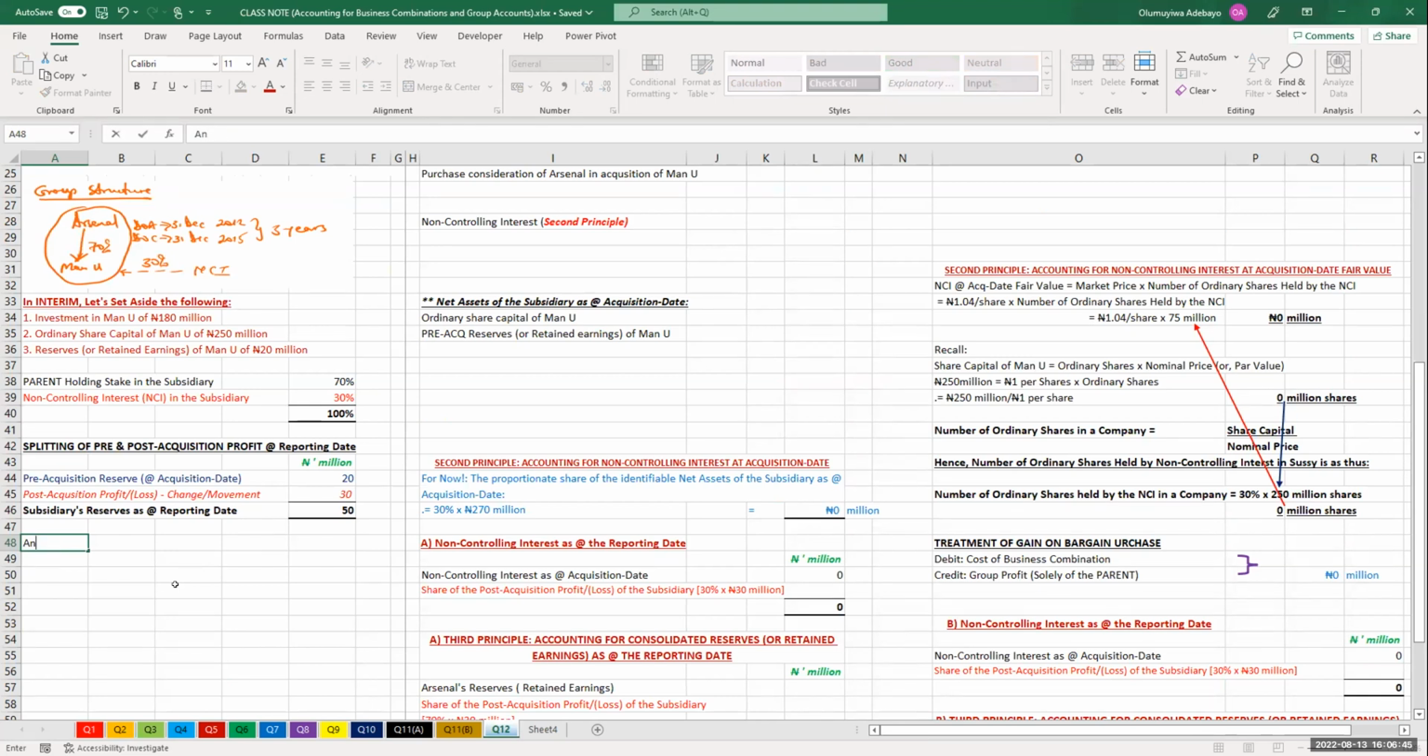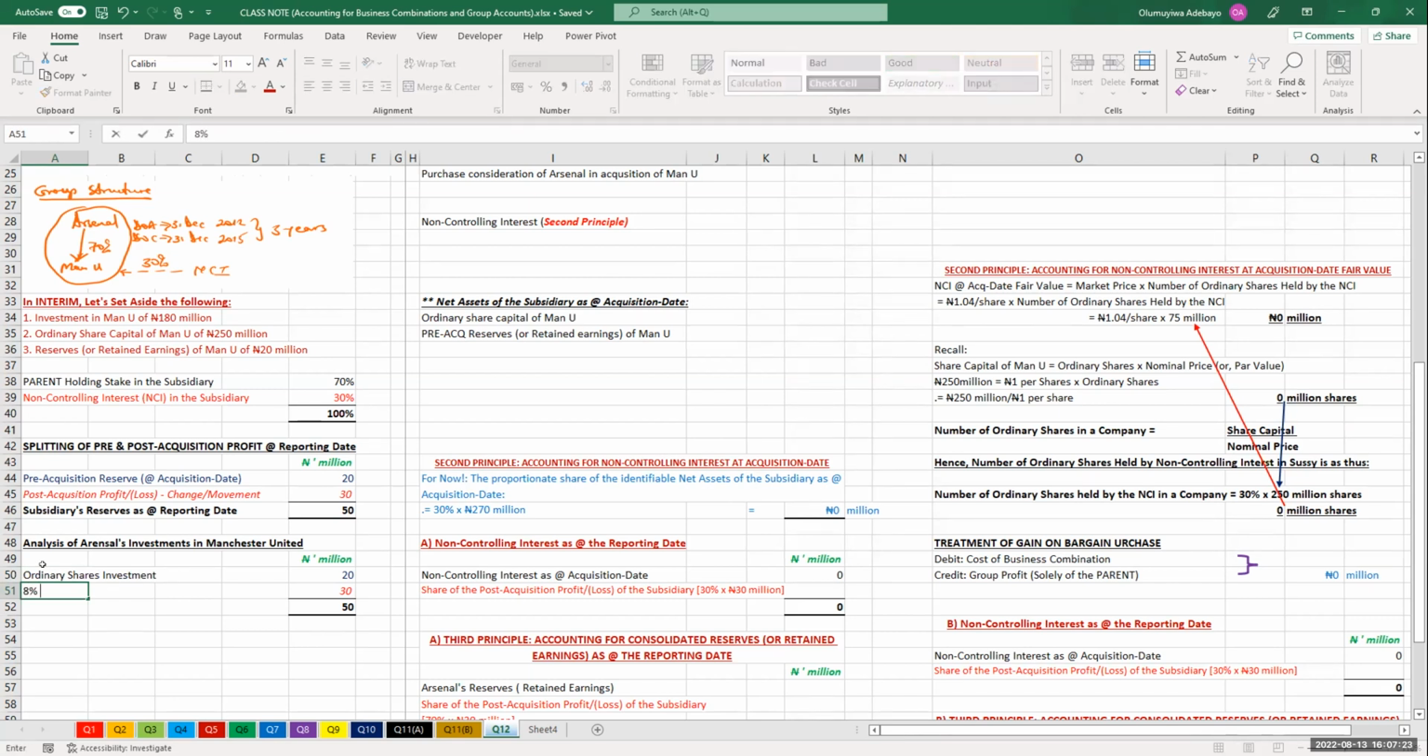do an analysis of Arsenal's investments in Manchester United. Okay, all investments in Manchester United, regardless of when it is and the nature of the investment. Okay, and I think the investments, there's ordinary shares investments, and we have